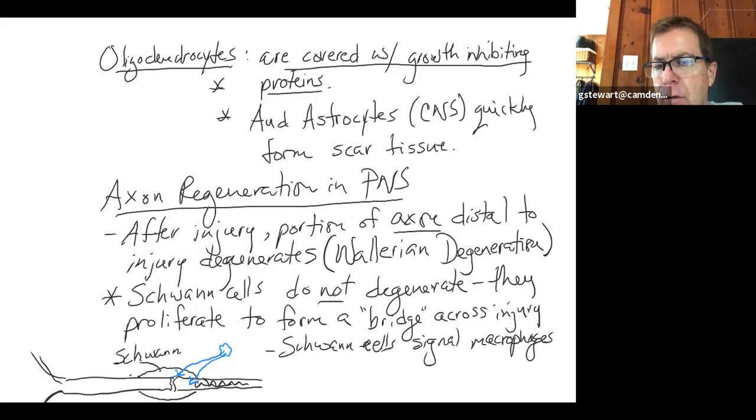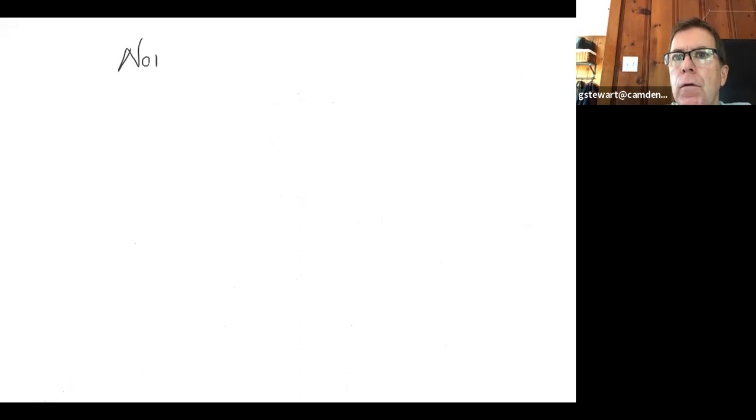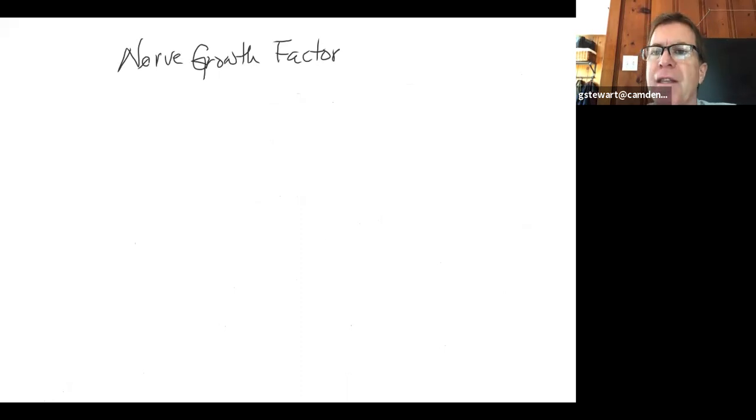And then the macrophages also secrete chemicals that stimulate Schwann cells and new axonal growth. So let's just say this. Schwann cells and macrophages secrete NGFs. That stands for nerve growth factor. So chemicals are secreted by the cells in the injury area, the active cells that secrete what we call nerve growth factor. And that stimulates